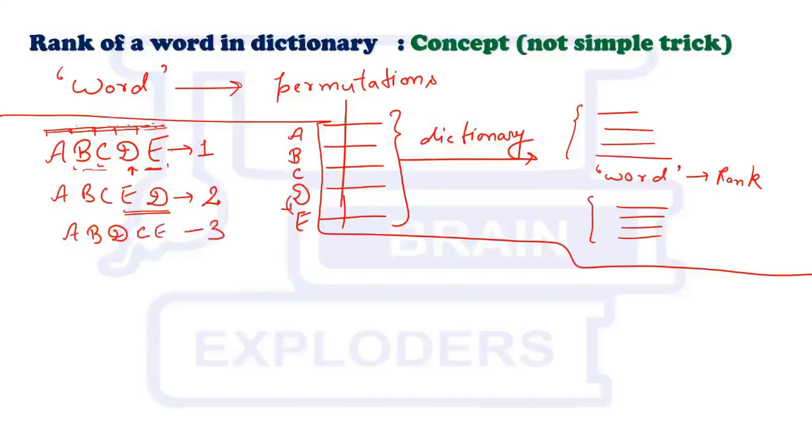Okay, again we will start from the rightmost place. Last 2 places, are they in descending order? No, they are not, so we can change their places. C, A, B, D, E, C, its rank is 4. Now they are in descending order, so again we have to change the value of this last third place. After D it is E, so A, B, E, and the rest of the letters in